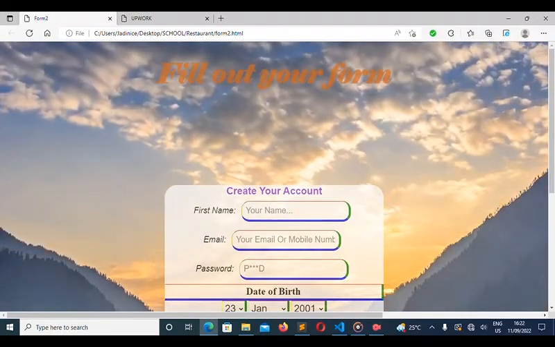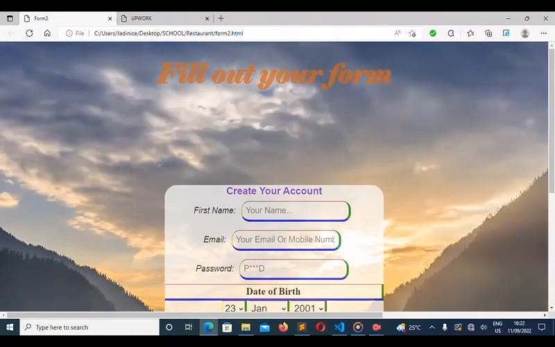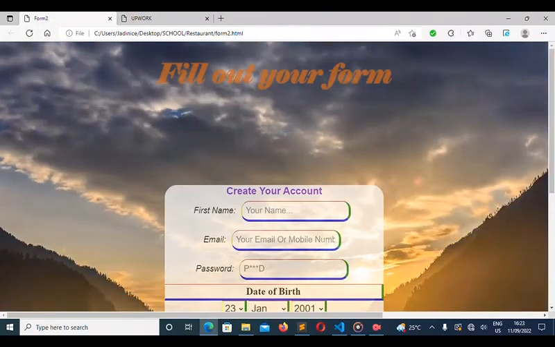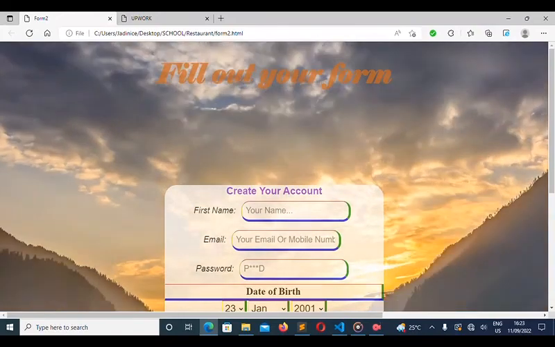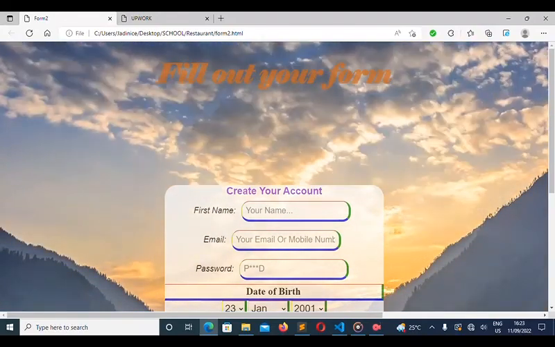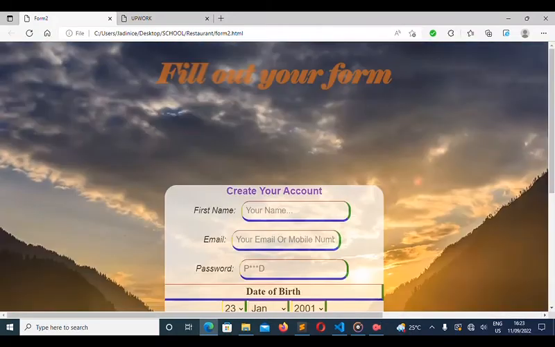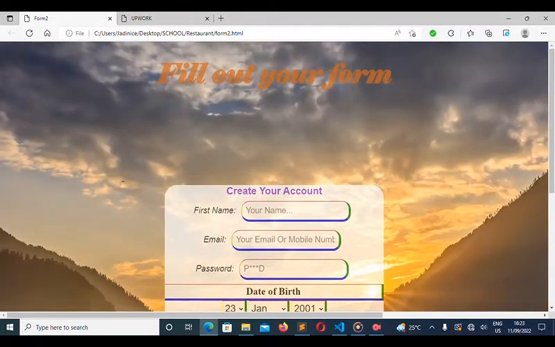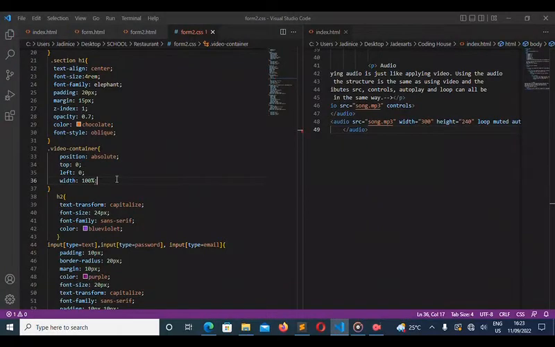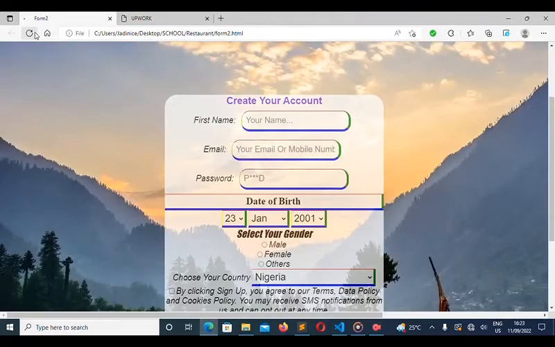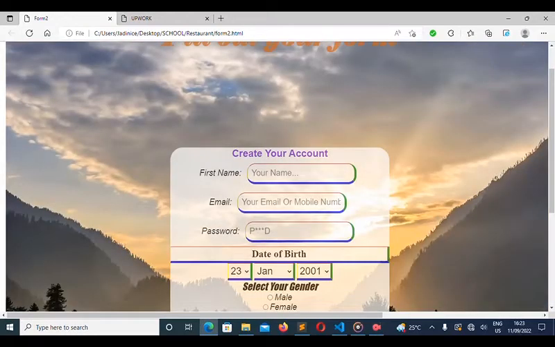We have seen so far how the whole background is, but it's progress, though we are not done yet. So now let's see. Okay, it's okay now.